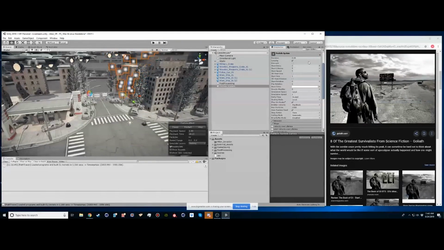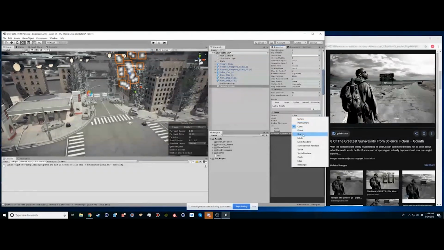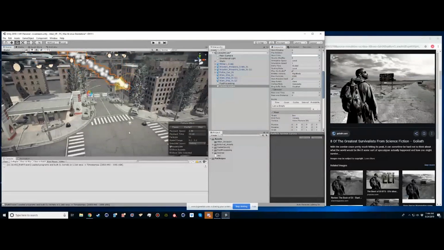a couple tiny adjustments. First thing we're going to do is make sure that we pre-warm our particles, so that when we press play, they're always playing at a full amount rather than just starting at that initial moment. Next thing we do is adjust the speed of our particle. Then we're going to change the shape to a box. And then we will rotate the box sideways so that it looks like the dust haze is pushing across our